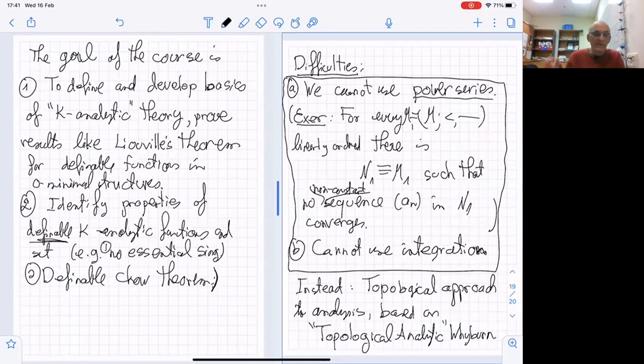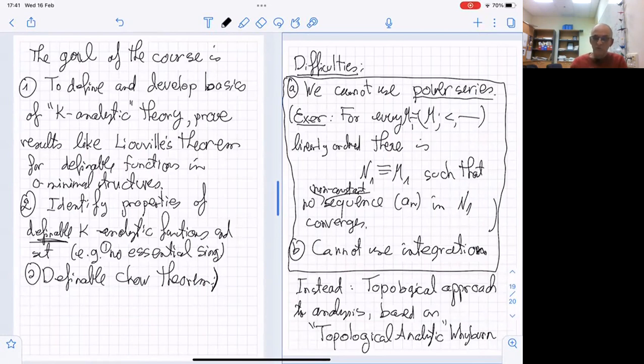And it's some sort of magic that together with definability in o-minimal structures, one can say maybe the most important replacement of integration is the notion of a winding number. And we'll see that winding number is fine. We can define winding numbers in the o-minimal setting, and the starting point will be this. And based on that, we can develop all of this basic complex analysis just based on this notion of a winding number.